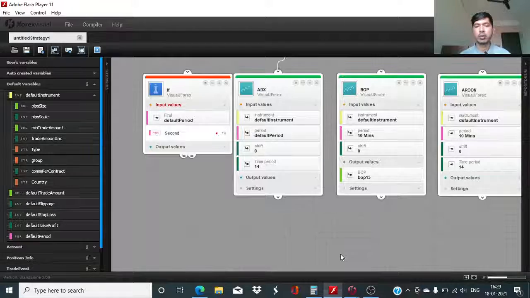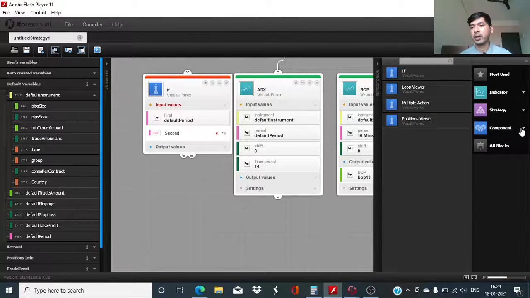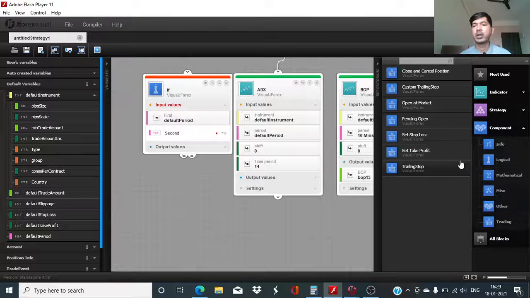Now again we head back to the Visual JForex board. The pip scale, if you want to use any pip scale to set any condition, you can take this variable, and as I have said earlier also, as we change the instrument, these values will change, pip size will change, pip scale will change, minimum trade amount. Now minimum trade amount you need when you have to define the amount of the trading size, and when you are placing the order, let us take into account the trading component like open at market,